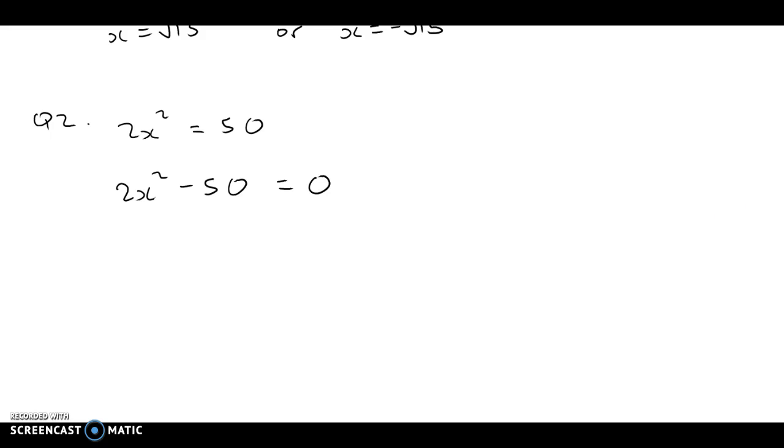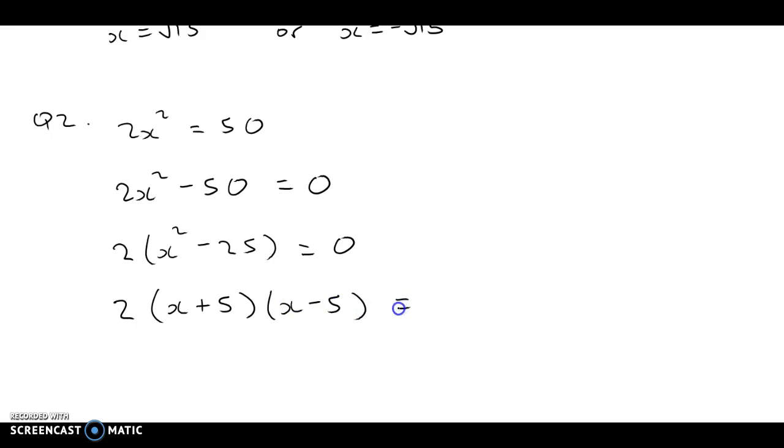Now, the first step in factorizing is always, if possible, to take out the highest common factor. Here we've got a 2, so we can take out 2, x squared minus 25 equals 0. This is looking good now because we've got a difference of two squares to work with here. That's going to give us 2 outside of x plus 5, x minus 5 equals 0,